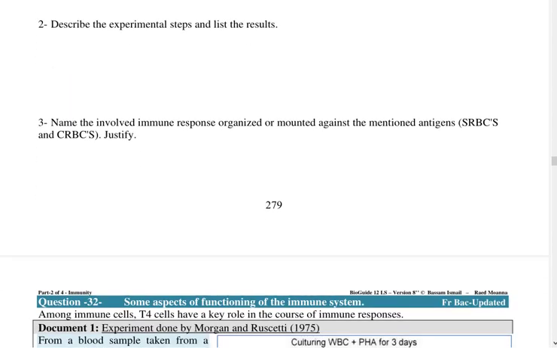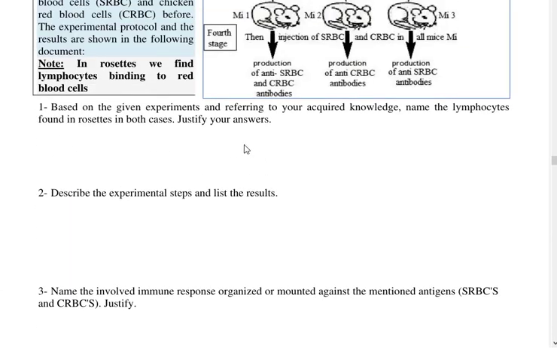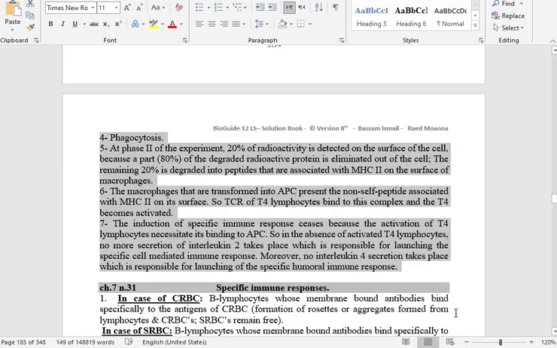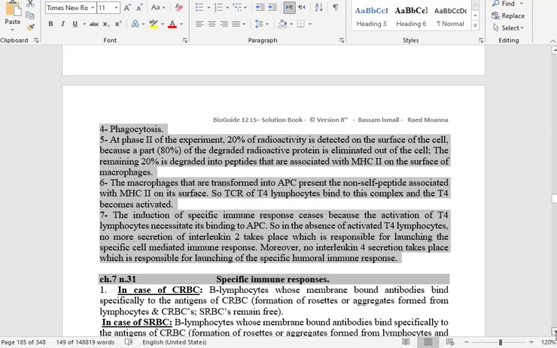Based on the given, referring to your acquired knowledge, name the lymphocyte found in the rosette in both cases. مين الليمفوسايت يا محمد يلي هن معلقين على